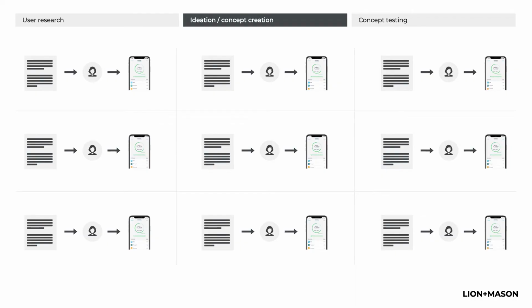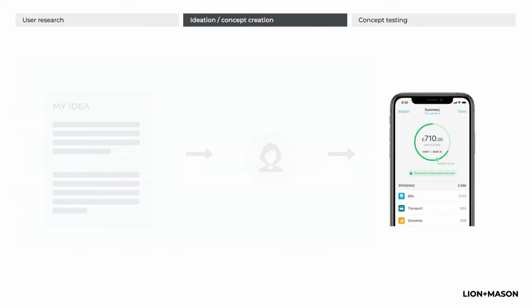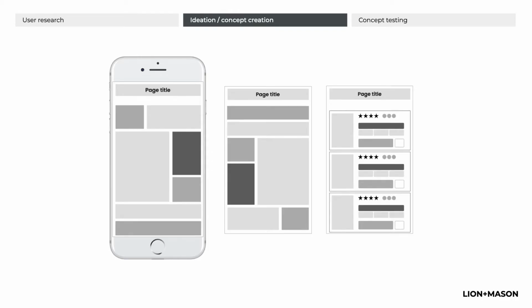So you're trusting that person to take your idea as words, convert it in their own head to some sort of visual concept that matches your version of the idea. The chances of one person doing that and coming up with the same concept that you've got in your head are quite low. The chances of multiple people doing that and all coming up with the same concept from your description are slim to none. So what I'd always suggest is just jump straight to the concept, something visual that people can see. It sounds like common sense, but it's amazing how often you see it missed. And it doesn't have to be anything particularly flashy. It can literally be blocks of content on a page that are labelled